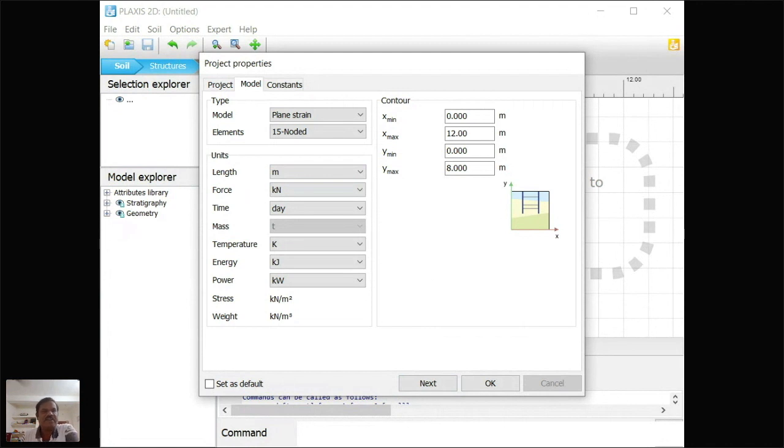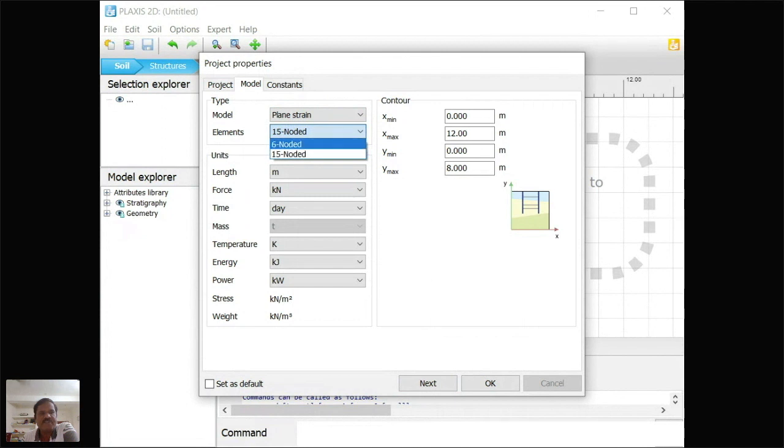Here in the model condition, you have different types. Whether you are going to do plane strain or axis symmetry, you need to choose what type of problem you need to select here. For elements in Plaxis 2D, we have two options: 6 node triangular element and 15 node triangular element.